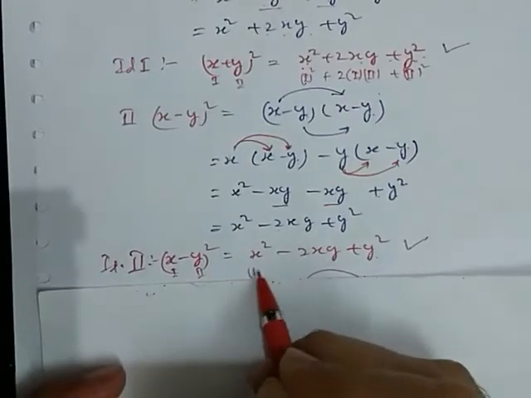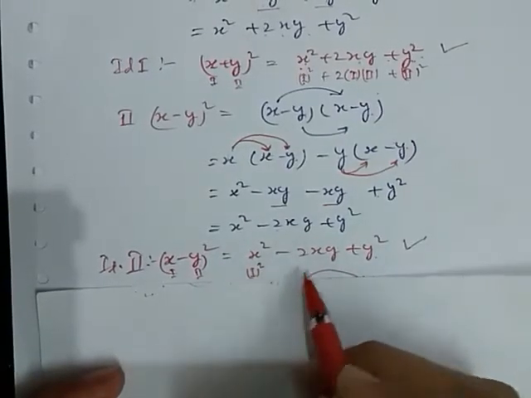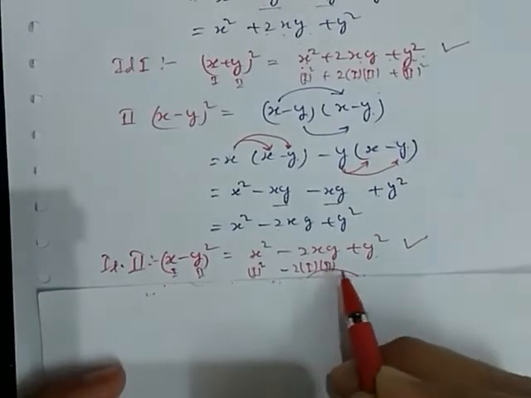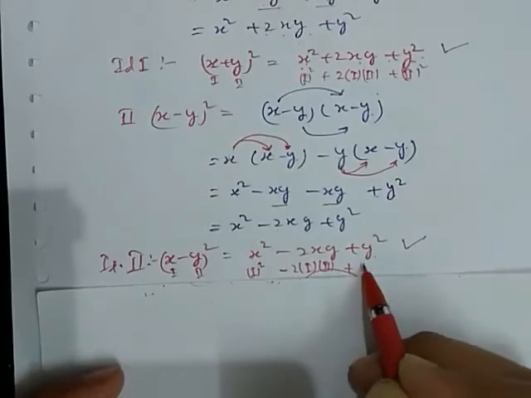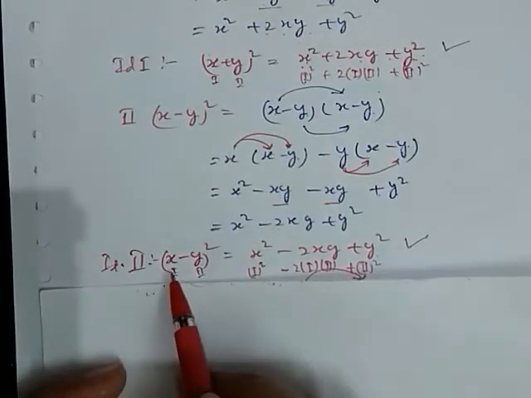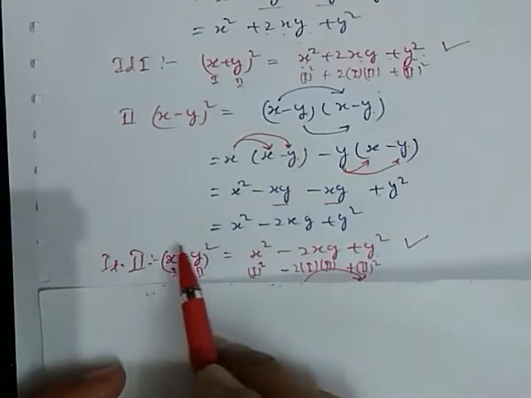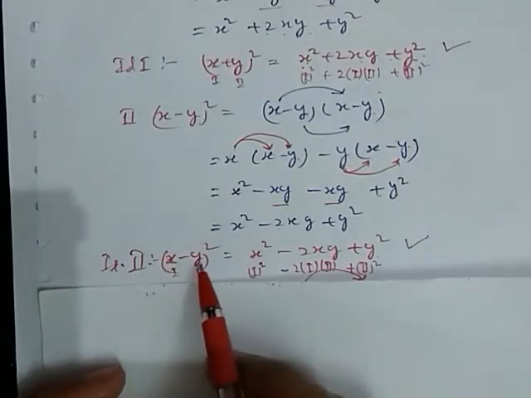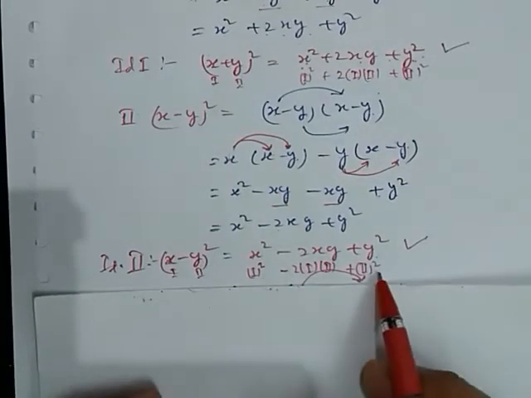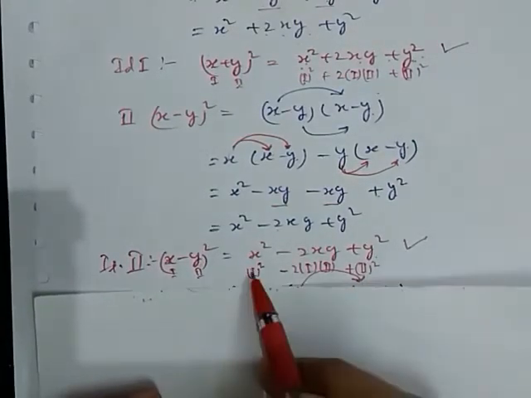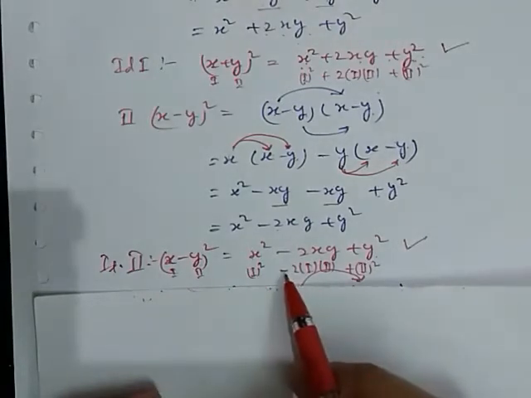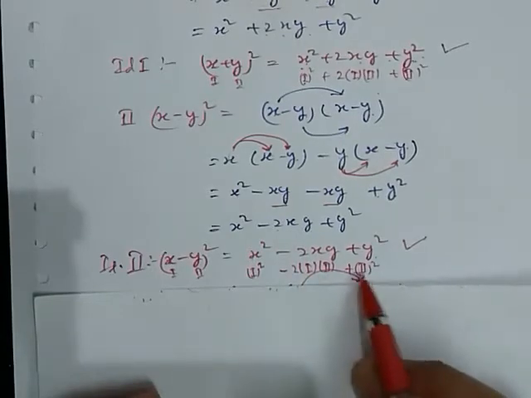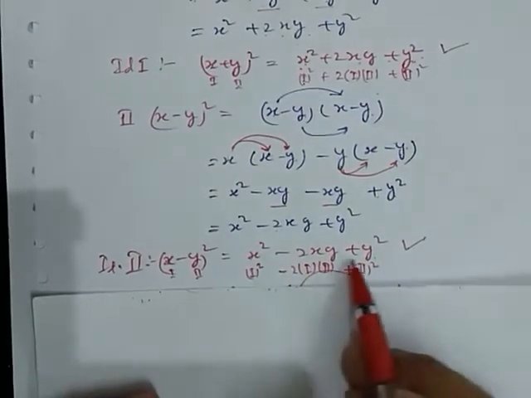And here check what we found: this is the first value and this is the second value. So here is the whole square of the first value, minus 2 into the first value and the second value, and the whole square of the second value. If you get anything in this form, consider this the first value and this the second value, or just write it down with this method: first thing square, minus 2 into first thing and second thing, plus second thing square. We directly get this.